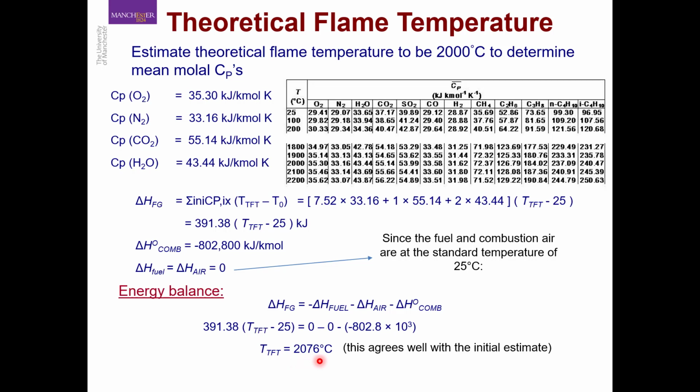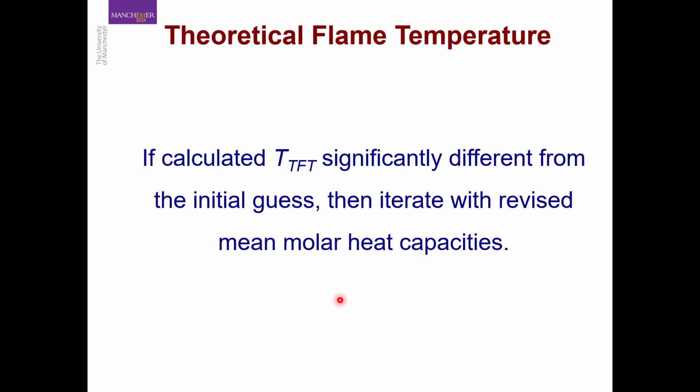and we get a value of 2076 degrees centigrade. Okay, so this value agrees very well with our initial guess, and so it means that this value is acceptable. But if you have a final value of theoretical flame temperature that is significantly different from your initial guess, let's say it's different by more than 10%, then you have to assume another theoretical flame temperature and then do the iteration, calculate it, and find the final value, and then repeat the process until you have the convergence. Okay,